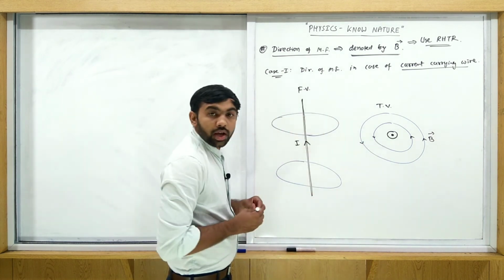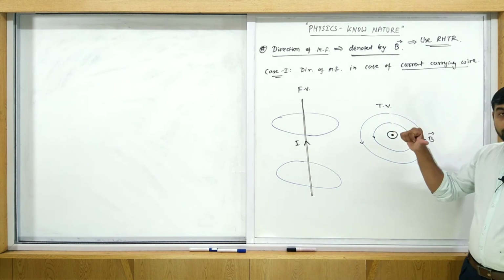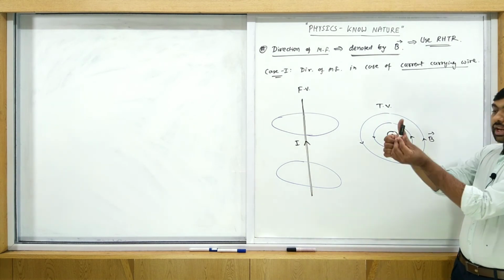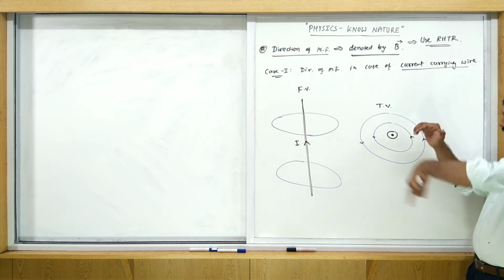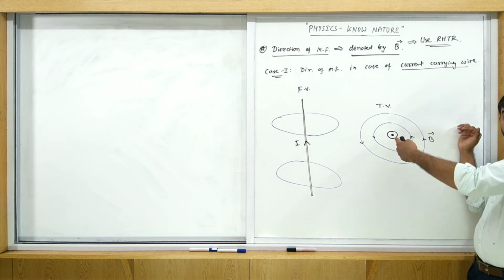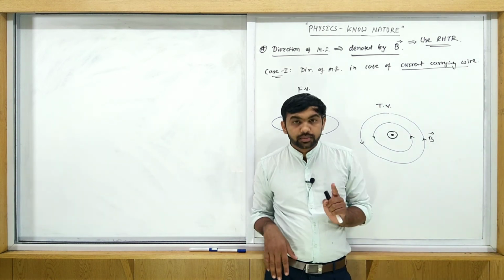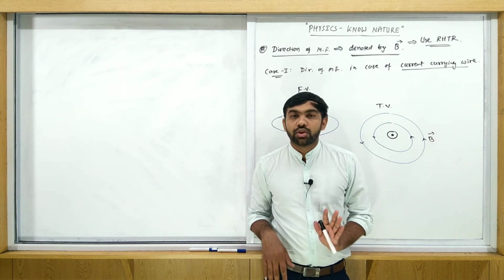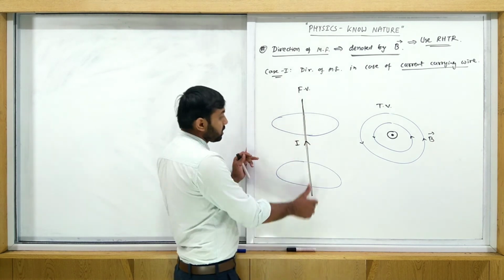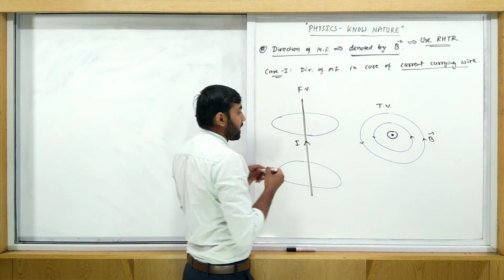Do you understand? Arrange the right hand thumb along the current. So the current is like this, so arrange it parallel here. Arranged. Curl your finger. So when the finger is curled, the fingers come like this, which gives the direction of the magnetic field. So step number 1, arrange your thumb parallel to current. The curled finger gives us the direction of the magnetic field. So if you consider this situation, upward, then here like this. So here this one is the direction of the magnetic field.